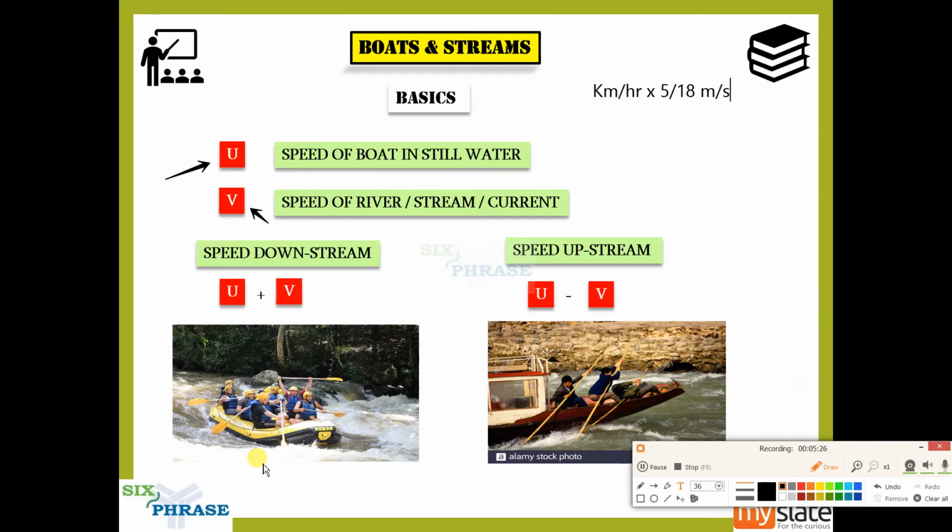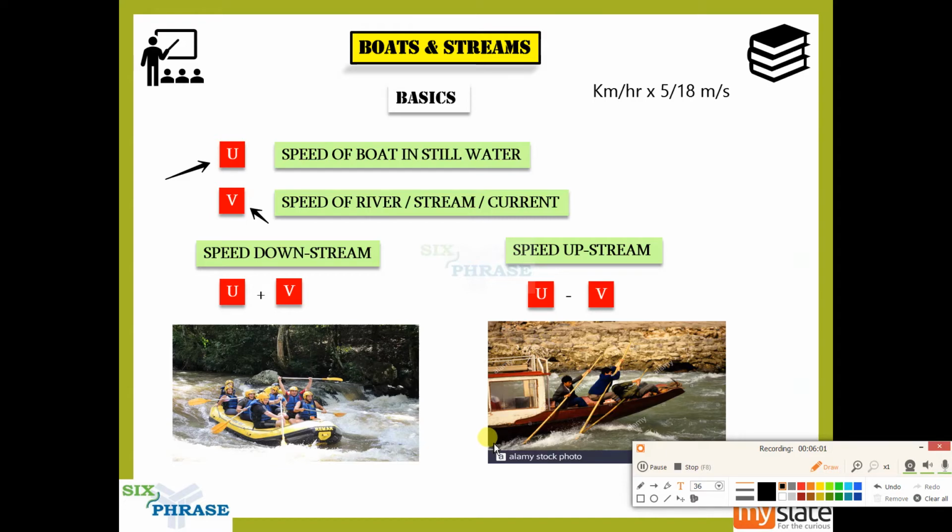Now, you see this picture. You see they are going down the stream. The stream is going down, and they are going along with it. So does it mean the boat is carried on by the speed of the river? Yes, it is carried on, but still those people rowing the boat also exert their own force, which means they also will have their own speed. So when going downstream, you have to add both the speed of the boat and the speed of the river. That is why it seems like you go very fast.